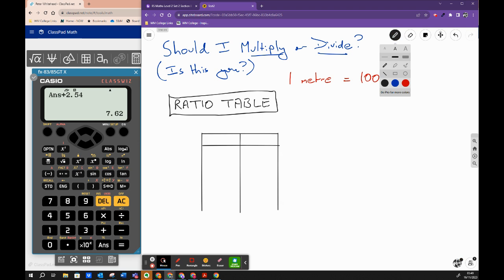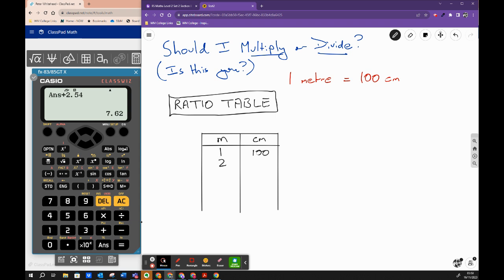The tool I'm going to give you is called a ratio table. So in one column, I'm going to have metres, and the other column, centimetres. And in my first row, I'm going to include the information that I know. Now, to help you think through this, what if I ask you,